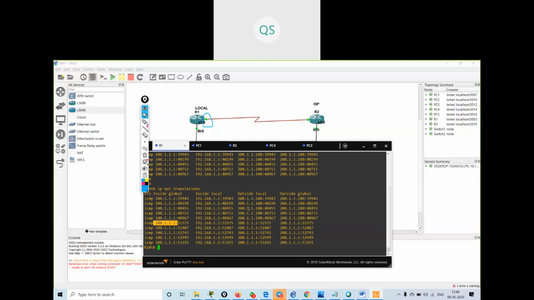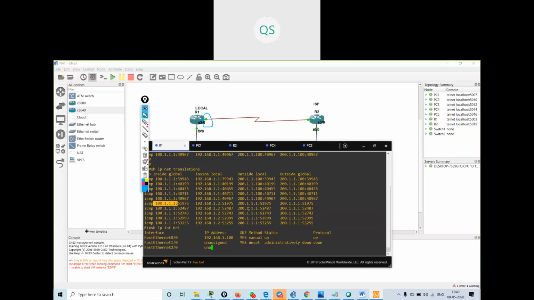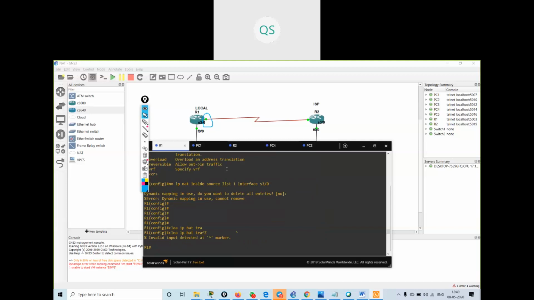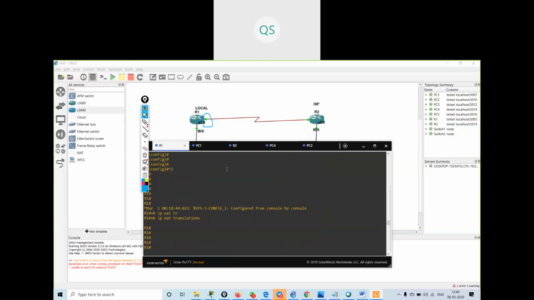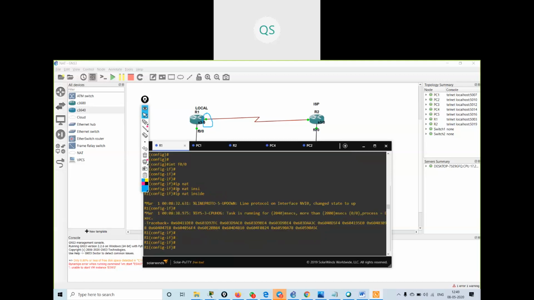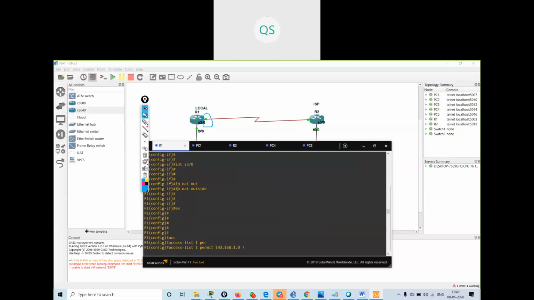See, if I give show ip interface brief, I'll be getting an NVI interface. It is up. Whenever you are configuring NAT, the first thing you have to do is give this command: what is your inside interface and what is your outside interface.